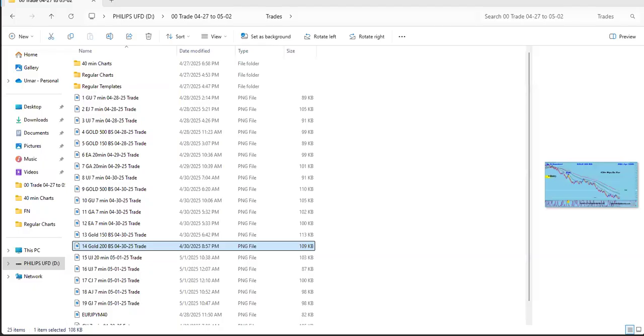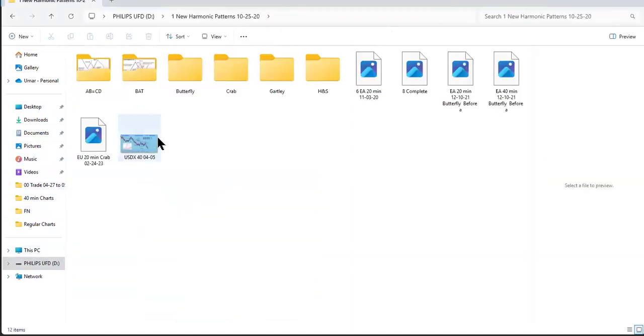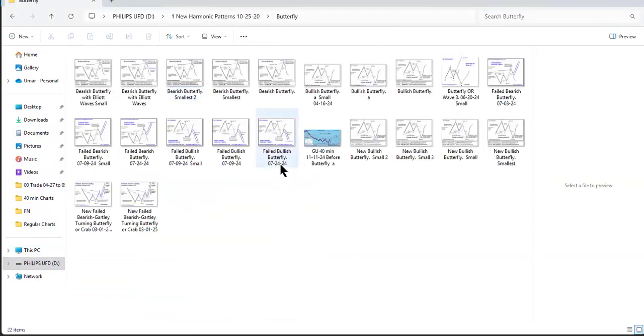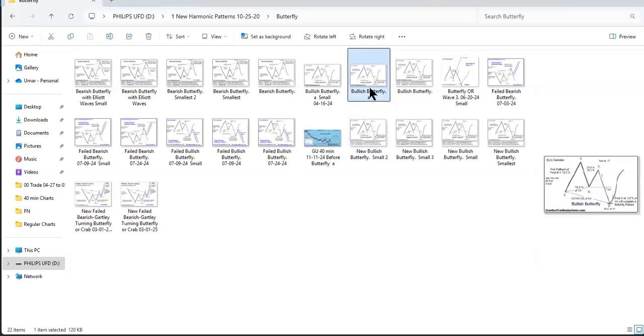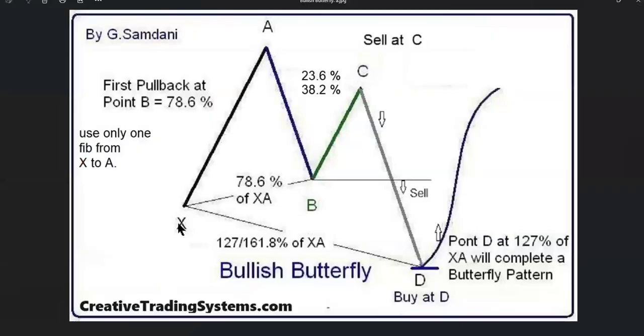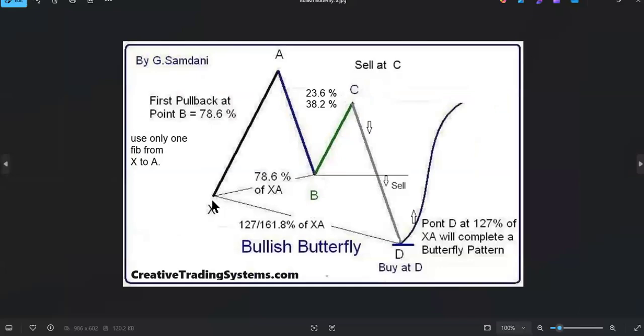So if you remember those, let me just quickly show you guys. This is going to be something like this, see? So XA, now I'm expecting extension after the retracement, but it's not going to come in a straight line. It might be doing this, right? So first pullback, which is about to come, that would be probably 78%. Then it will go up to 38 and 127, right?